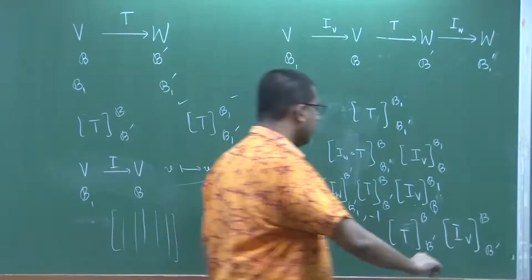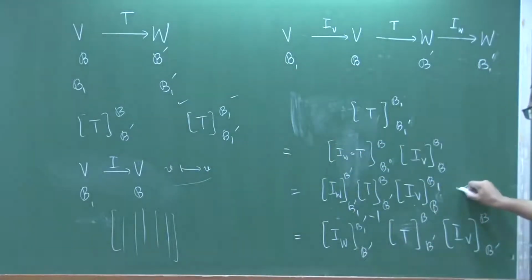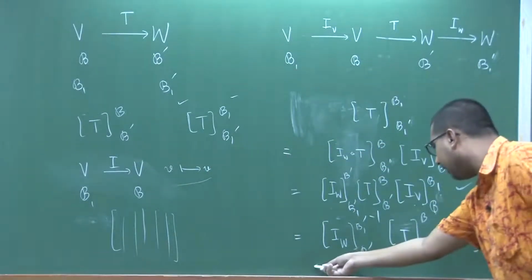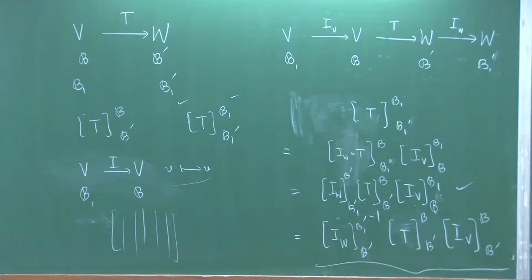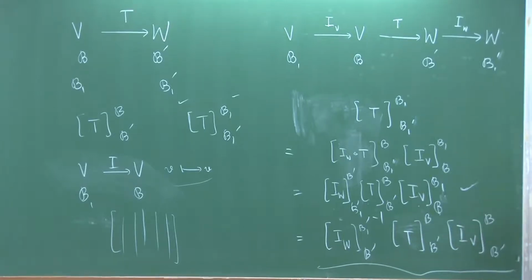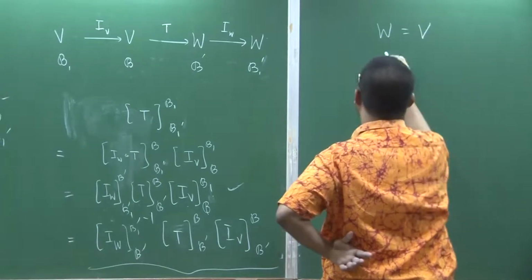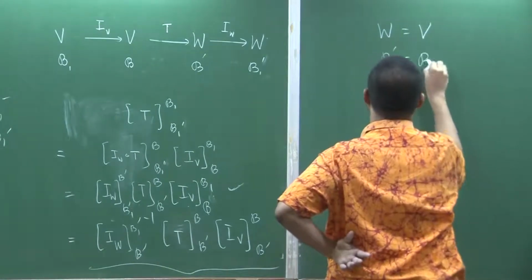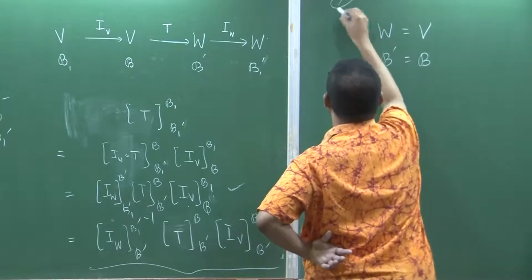So, we have already answered our question. Now, the advantage of writing this in this form, the same thing in this form, is the following: it gives us something very interesting. So, in particular, if we assume that W is V and B prime equal to B, in particular,